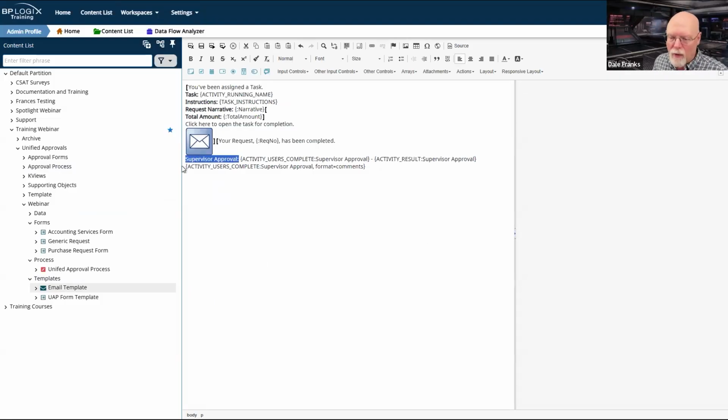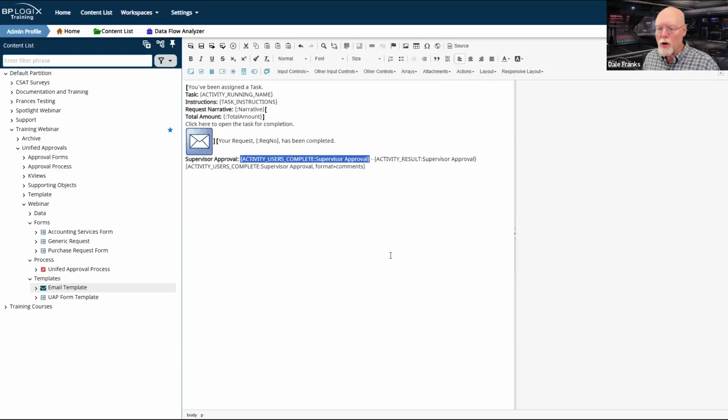There's a lot of different ways that I could format this. I'm just going to show the following items, however. First, I'm going to use the activity user's complete system variable for the supervisor approval activity. This system variable will return the name of the person who approved at the supervisor approval step.